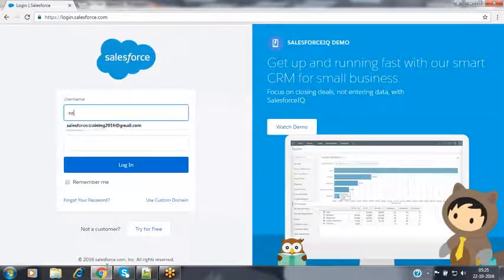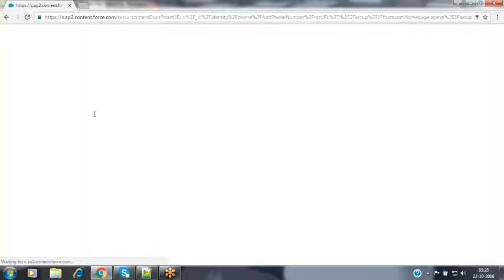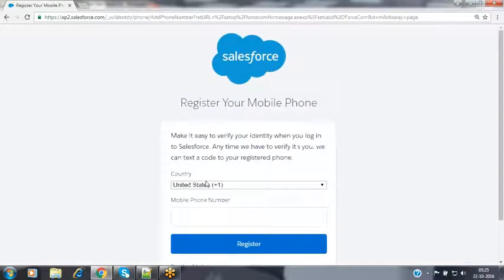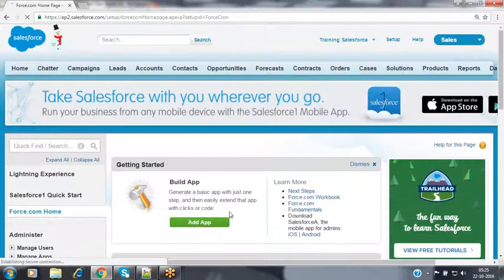So now I'm logging in to my Salesforce account by providing my username and password. This is the initial view of your Salesforce account that we have just created.